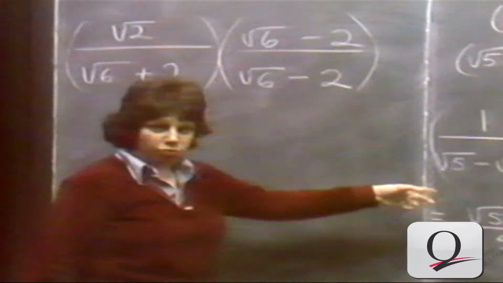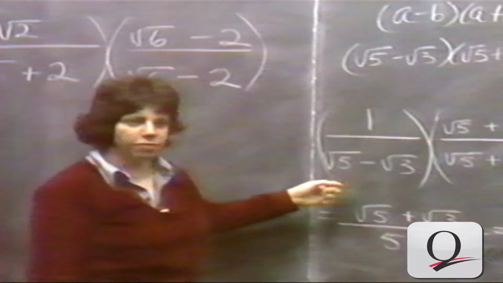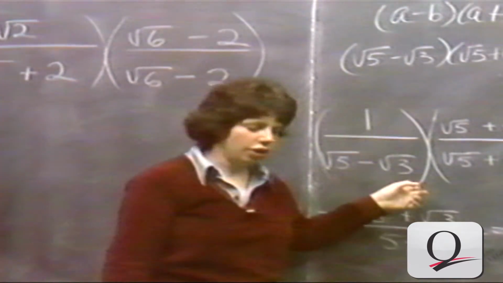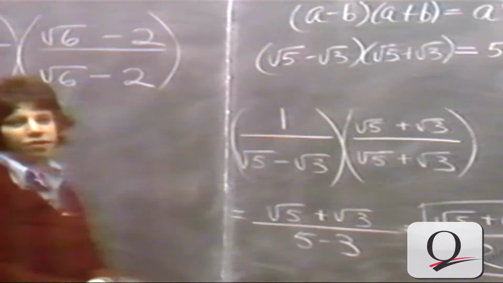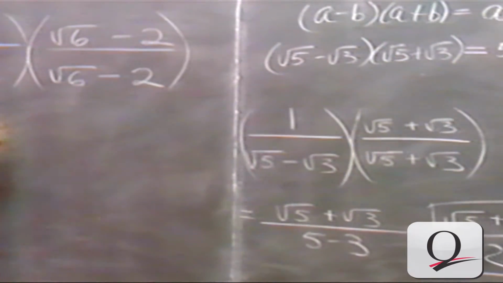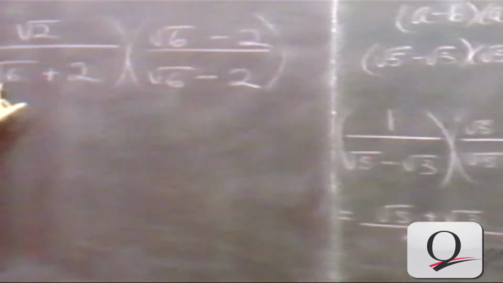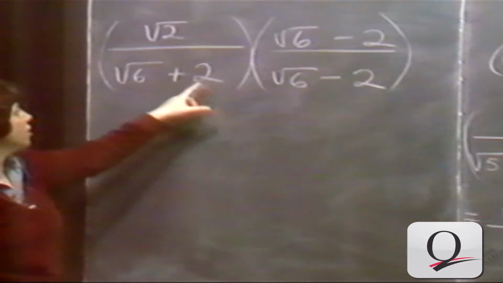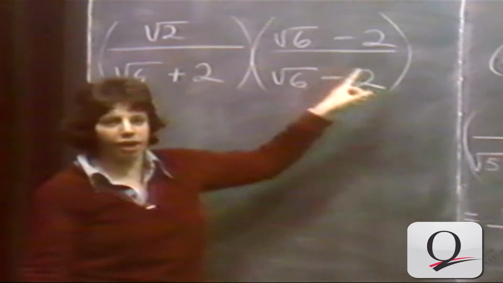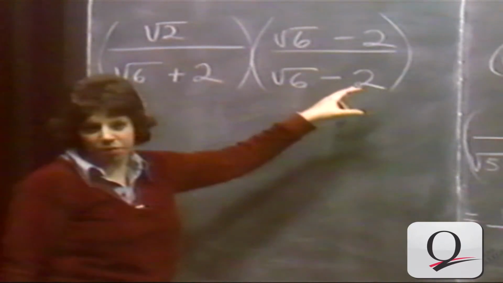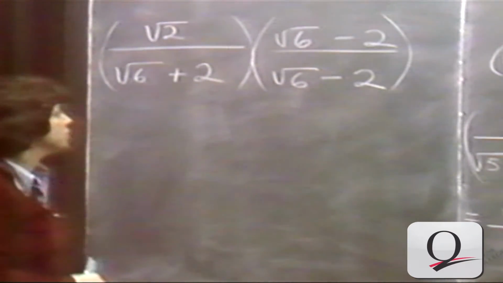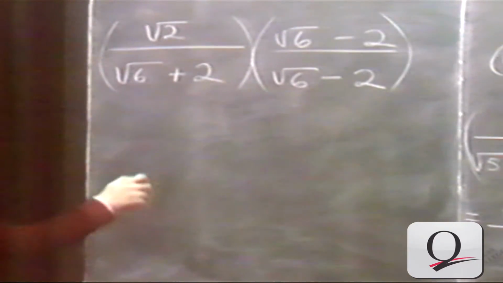If you look in the problem that we just worked out, we had a minus b to start with. So then we multiplied by a plus b over a plus b. On the other hand, if you have, on this board here, a plus b to start with, then you multiply by a minus b over a minus b. You always multiply by the conjugate. If you start with a plus, you multiply by the minus. If you start with the minus, you multiply by the plus. Okay, now,